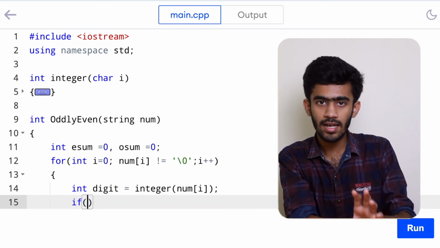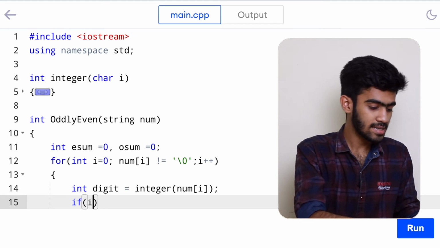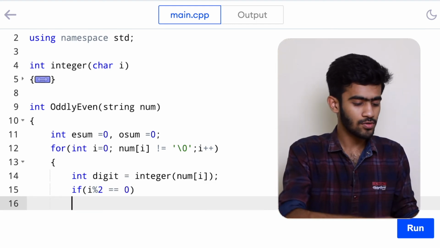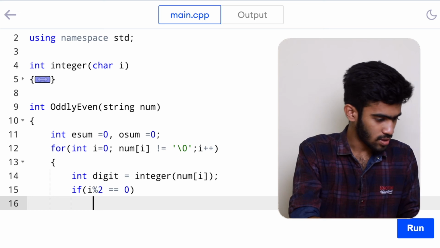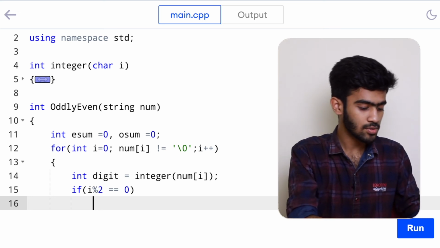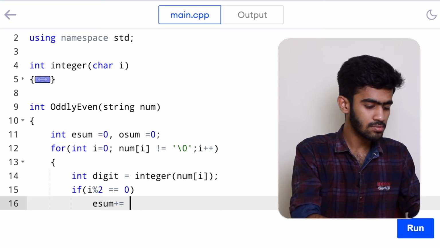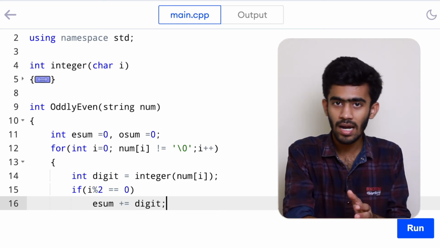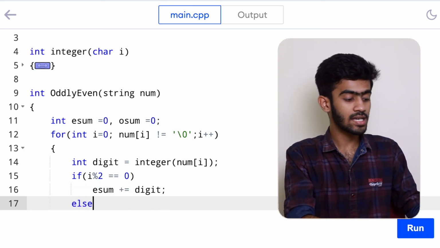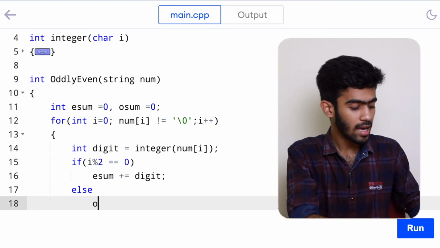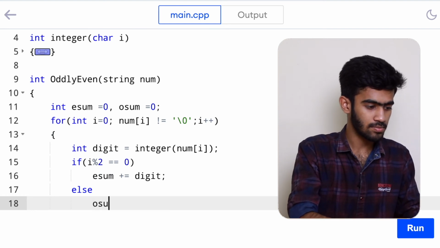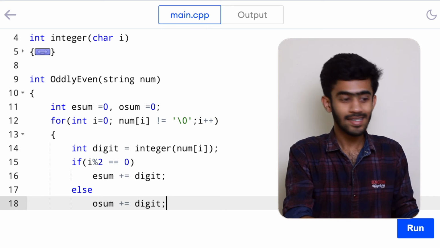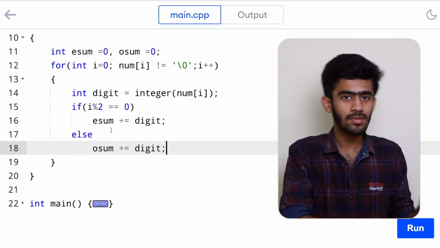Okay, now we'll get to the if part. So this if part will check whether the index is even or odd. It is starting from 0, and hence obviously 0 would be an even number, and it moves on till we reach the end of the string. So if the index is even, we are adding to even sum. So esum plus equal to digit. Since we have already converted into an integer, we need not worry about the character part. It is already an integer. So else, if this condition is false, it means it is an odd index, and hence we'll add it to odd sum. So osum plus equal to digit, and that's it. So the if else part is done. So we are adding to even sum and we are adding to odd sum.